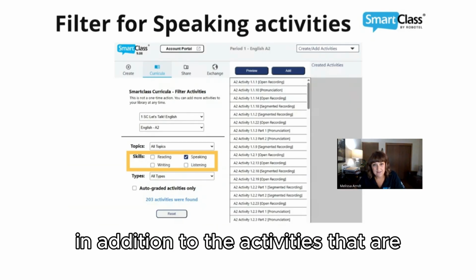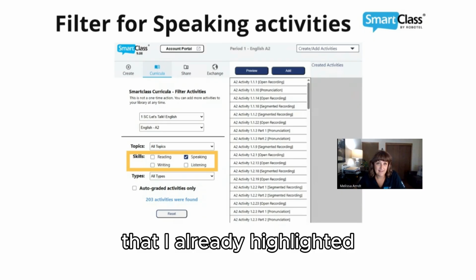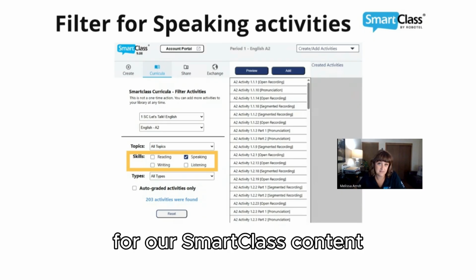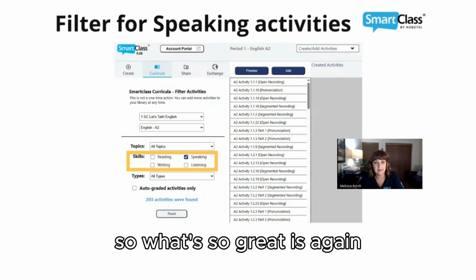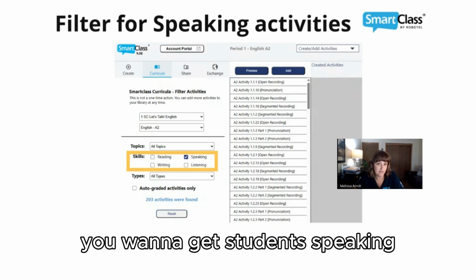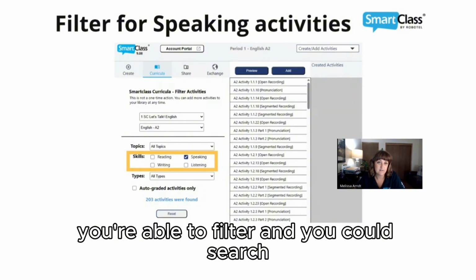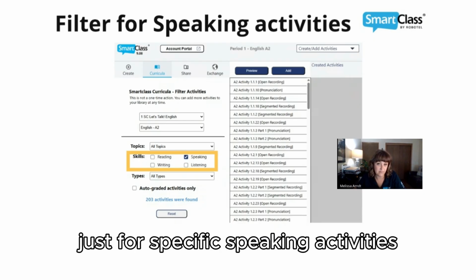In addition to the activities that I already highlighted, we have the filtering capability for our Smart Class content. So what's so great is, again, you're starting the year, you want to get students speaking, you're speaking to a specific topic. Under curricula, you're able to filter and you could search just for specific speaking activities.